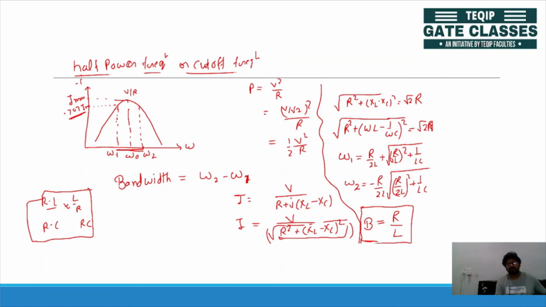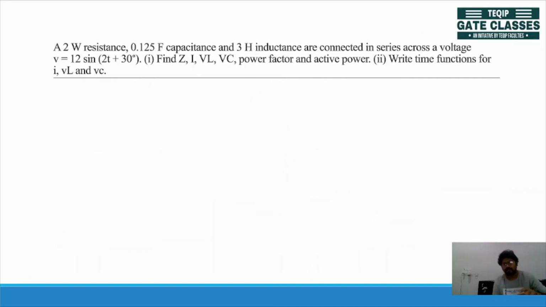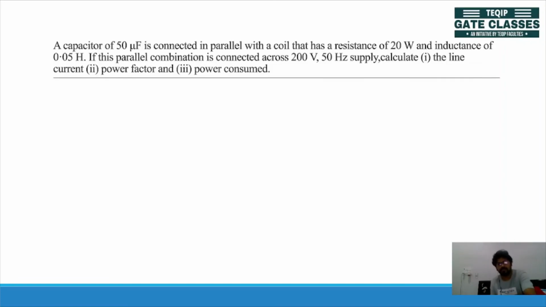Okay, so it's basically the relation between the energy stored in inductor or capacitor to the energy dissipated in resistor. So if we want to write quality factor, then we'll write it as